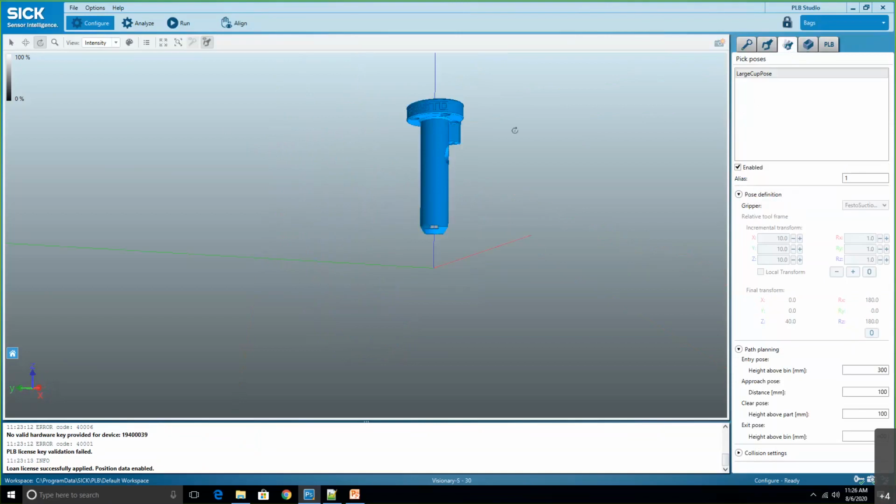If you were doing surface, our CAD matching, or our 3D pattern matching, you would actually see your part in here as well. In this case, because I'm using a plugin, I don't have any data on the part because we're just doing some mathematical algorithm instead of a more visual algorithm. So in this case, I just have my gripper showing up here. I have this pose that it's sitting in here,